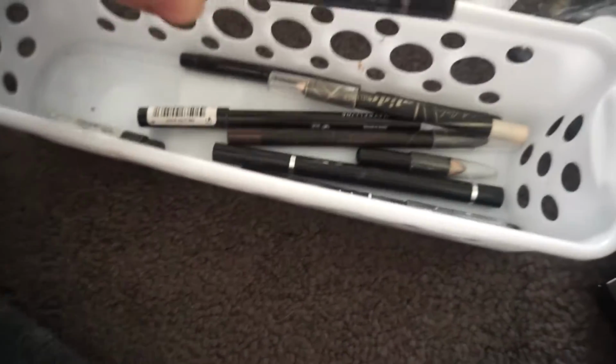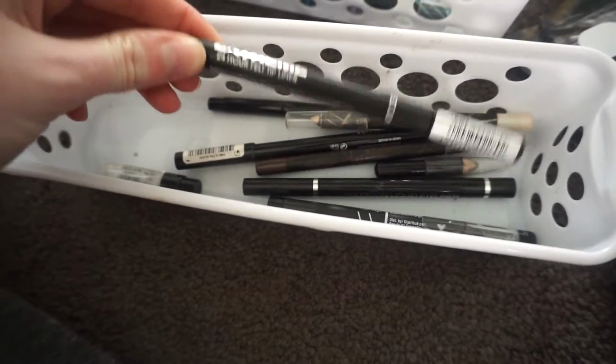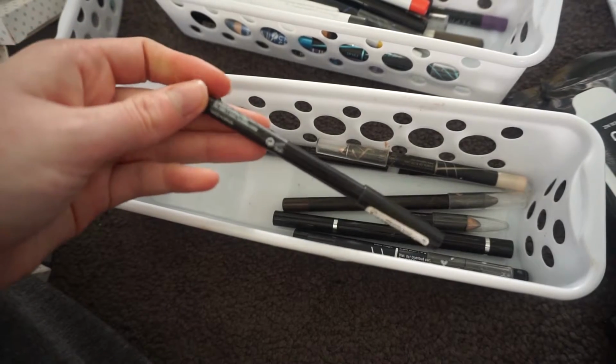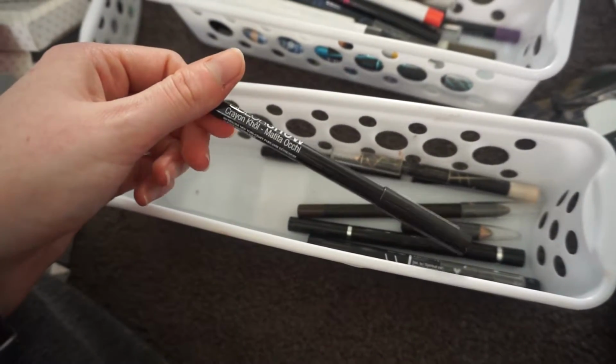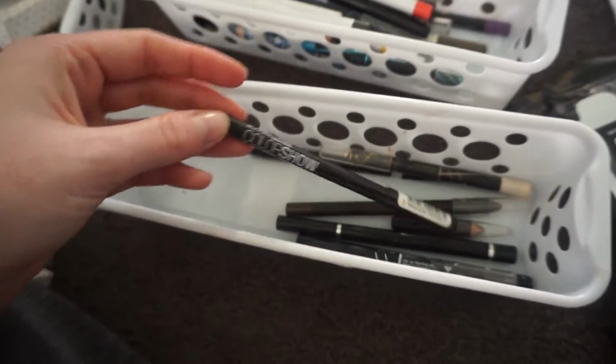So all my black liners are here. I have the Collection Extreme. I just got this, so still need to test it out some more. The Maybelline Colour Show. I bought this just as a normal pencil liner to do my tight line and stuff. Unfortunately, it's not very pigmented, so it's not that good, but it's all I have, so I'm going to continue